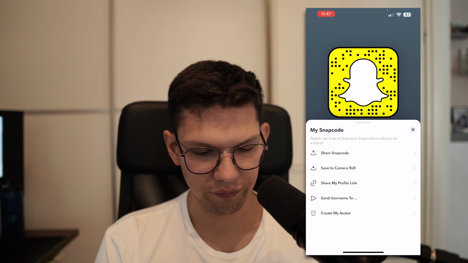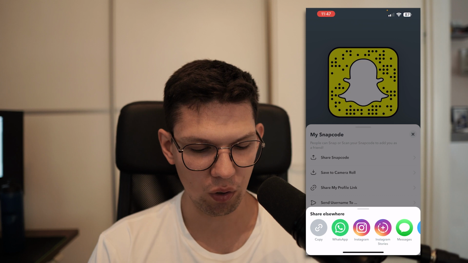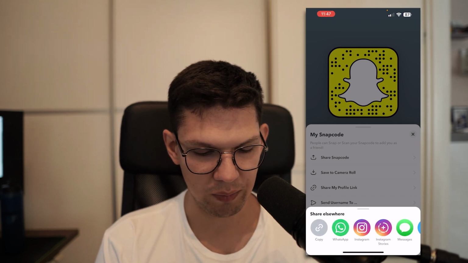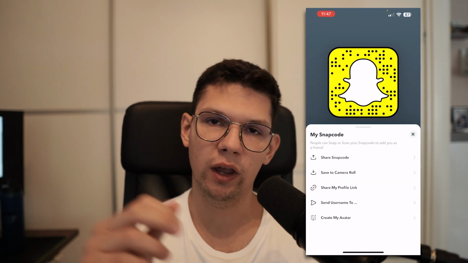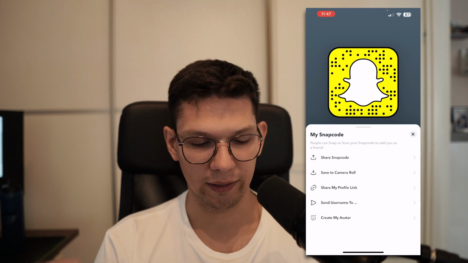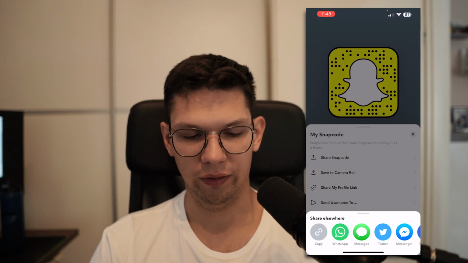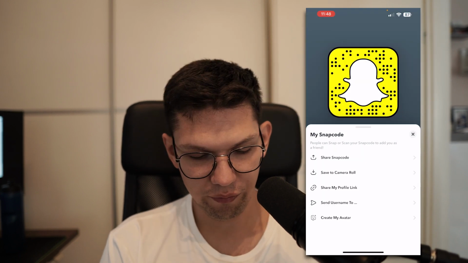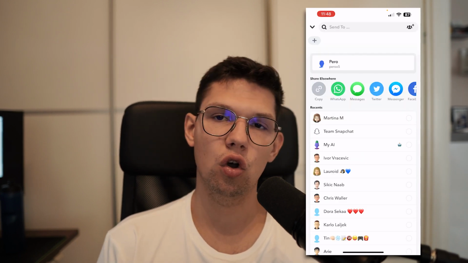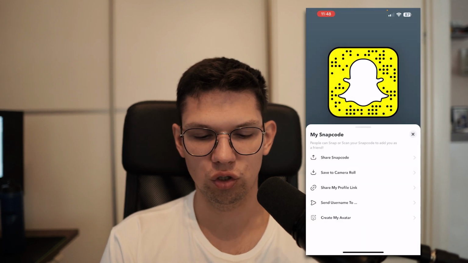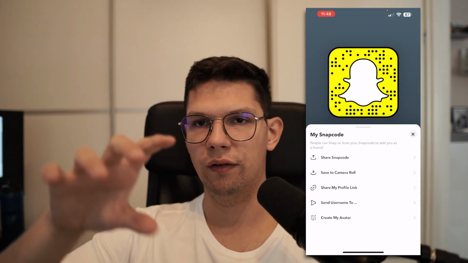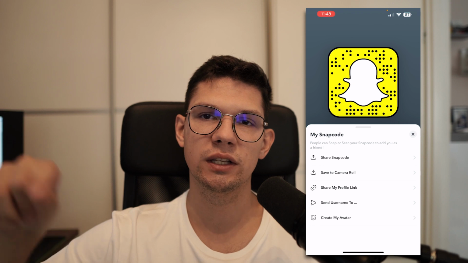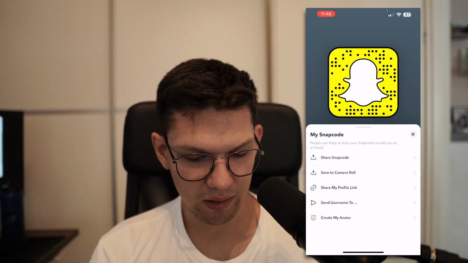But there are some other features such as share Snapcode, which you can share on WhatsApp, Instagram messages, save to camera roll so you can send it that way. You can also share your profile link, so you don't even have to take this Snapcode, you can just share a profile link. If you want to send your username, this is only limited to Snapchat, so if you send your Snapchat to a friend and then maybe that friend will send it to somebody else, and basically it